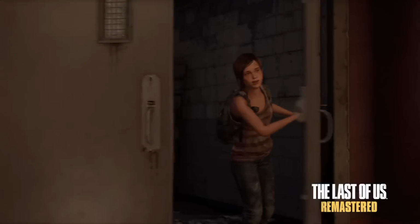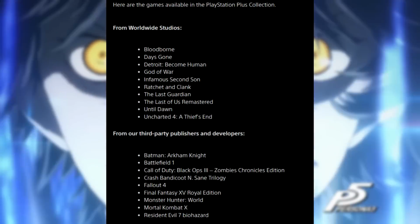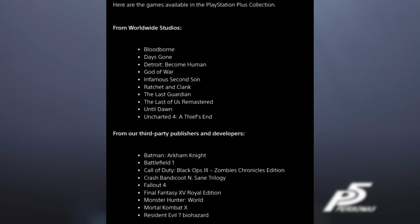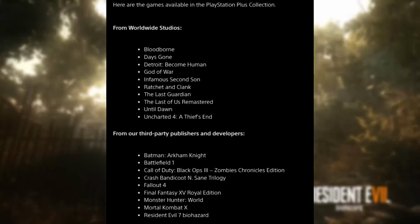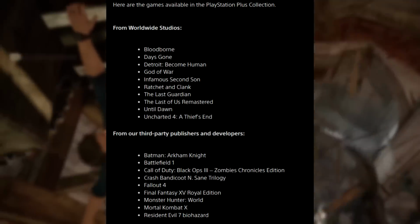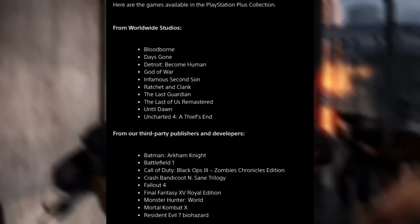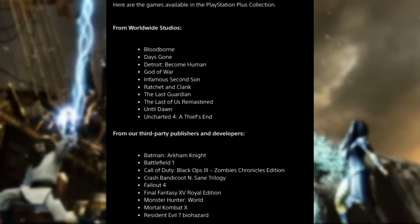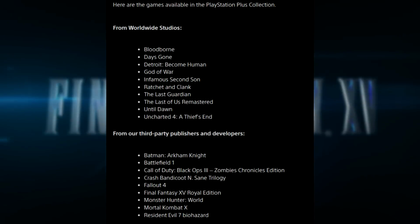so if you only have a PS4, I'm sorry, but you're out of luck. So, the games included from Worldwide Studios: Bloodborne, Days Gone, Detroit: Become Human, God of War, Infamous Second Son, Ratchet & Clank, The Last Guardian, The Last of Us Remastered, Until Dawn, Uncharted 4, A Thief's End. From our third-party publishers and developers: Batman Arkham Knight, Battlefield 1, Call of Duty Black Ops 3 Zombies Chronicles Edition, Crash Bandicoot Insane Trilogy, Fallout 4, Final Fantasy 15 Royal Edition, Monster Hunter World, Mortal Kombat X, and